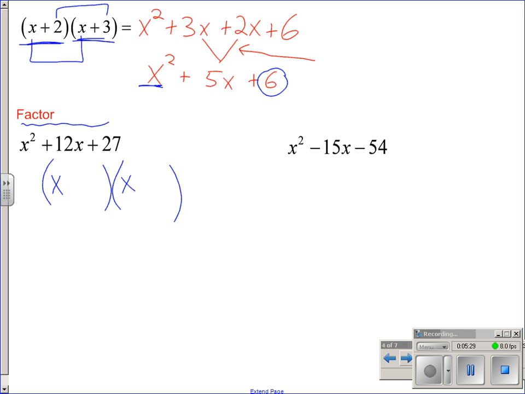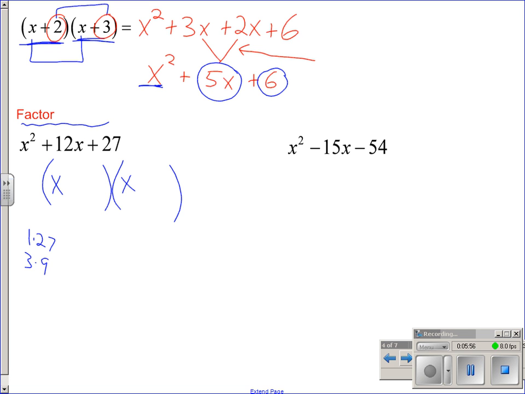So we're looking for two numbers that multiply to be 27. So I'm just going to make a list. 1 times 27, 3 times 9, and that's it. Okay? So the middle term, our 12x, if we look back at that first example, the middle term came from the outside and inside,